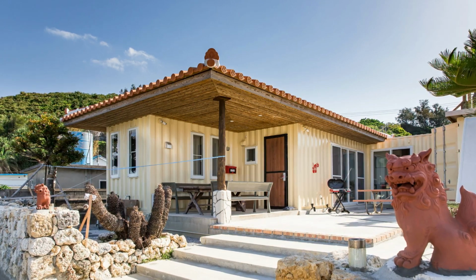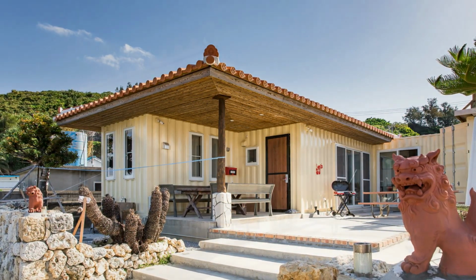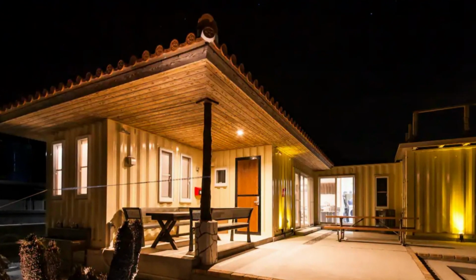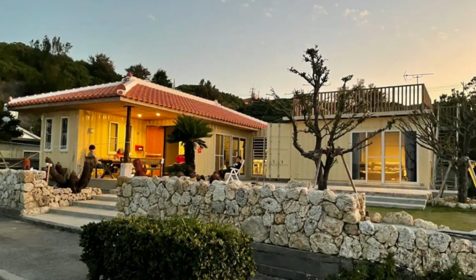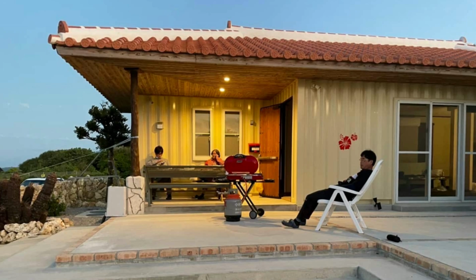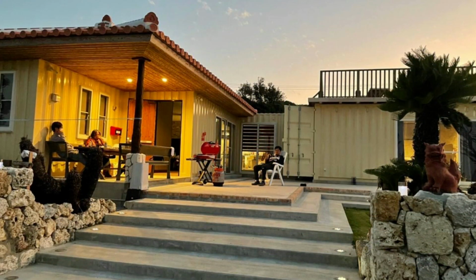Nestled on the serene Hamahiga Island in Okinawa, Japan, this extraordinary container home is a blend of modern living and natural charm. This architecturally designed container home promises a stay filled with tranquility, comfort, and unforgettable memories. From the front porch's idyllic scenery, this container home offers a stylish and functional living space that merges seamlessly with